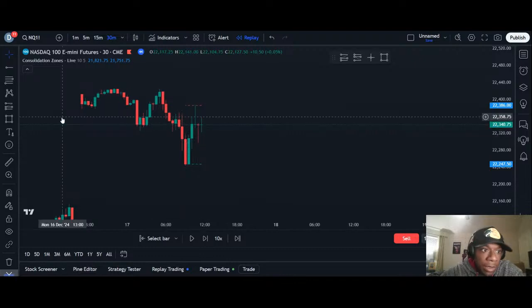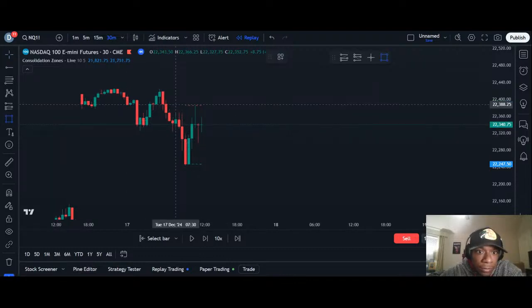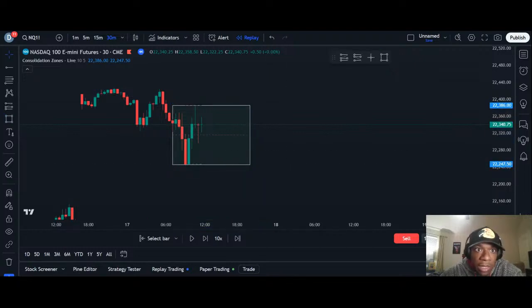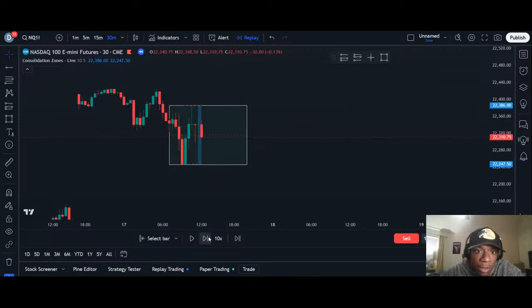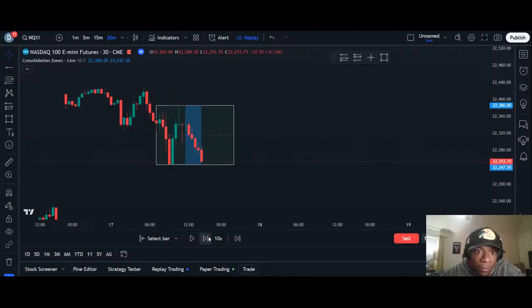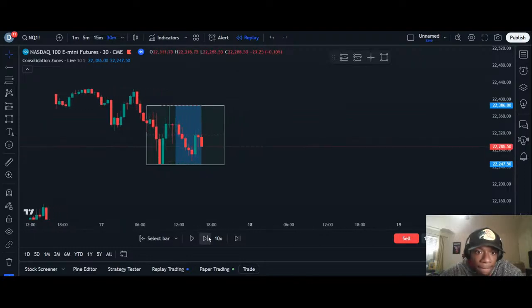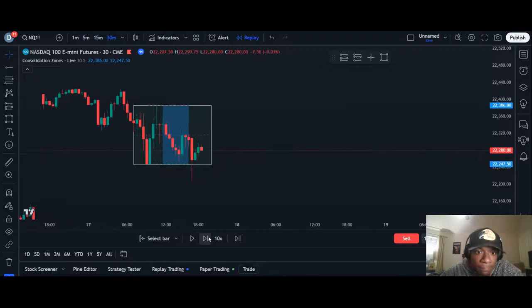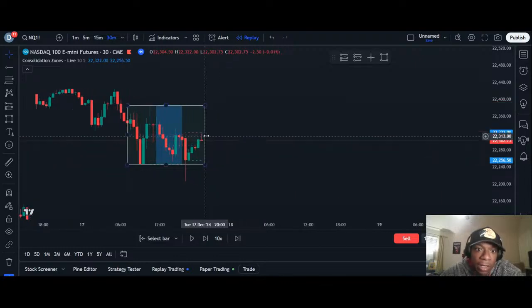We got a 30-minute zone, right? So it's the same principle. It's a different time frame, but it's the same principle. We just wait for the close above or below. Didn't close. So, well, the good thing